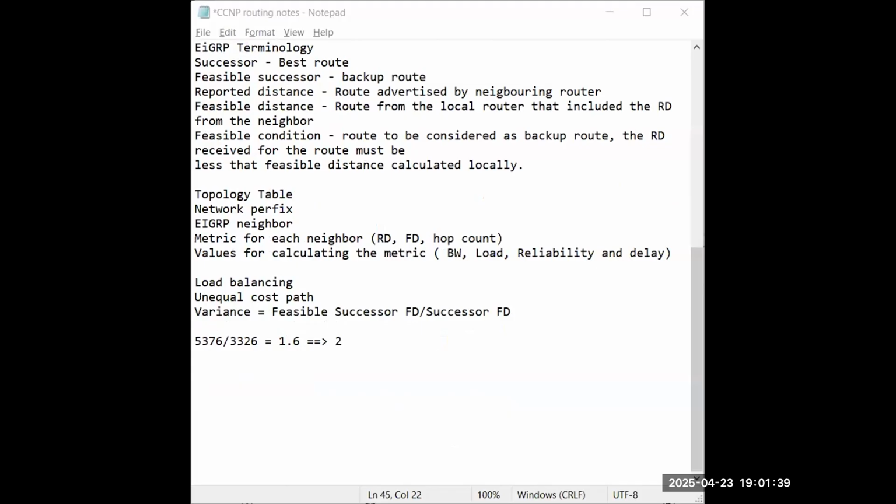So this multiplier is going to be a whole number, not a decimal value. What we are going to do is divide in order to get the variance multiplier. After dividing, we are getting a value of 2. Okay, so how are we going to use this 2? In the router's configuration mode,